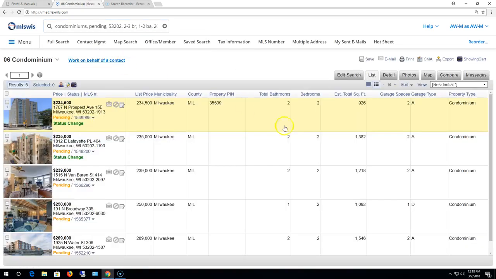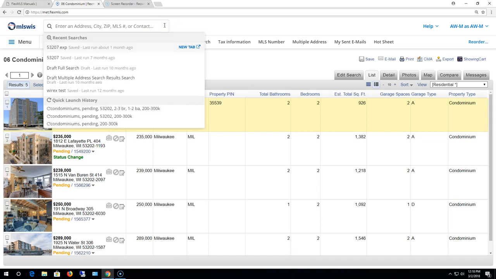And there you go. All right. So basically you're just typing in what it is that you want to look for and separating each term with a comma. Isn't that cool? All right, I'm going to get rid of this and I'm going to show you searching by a